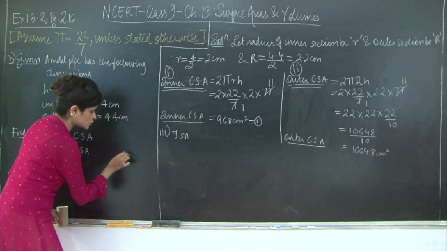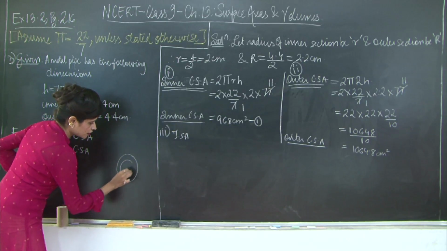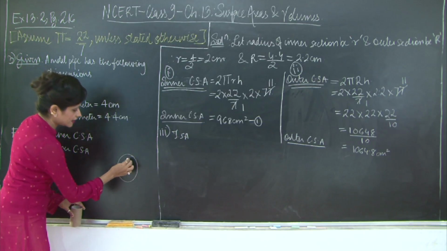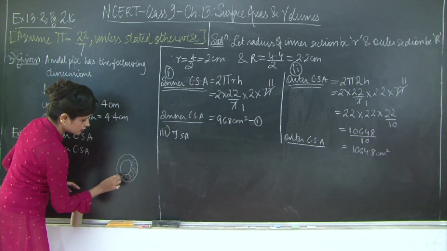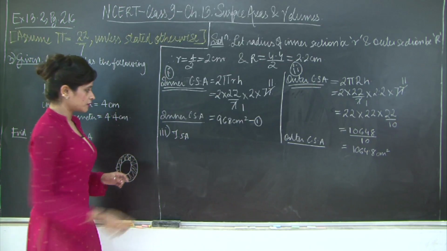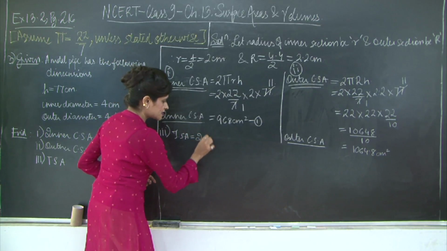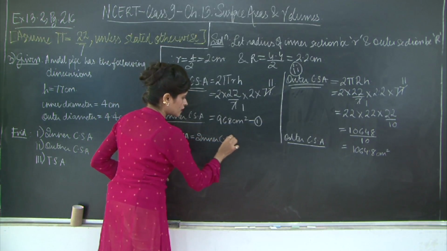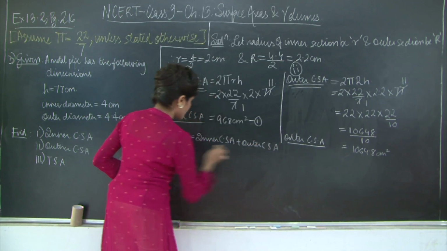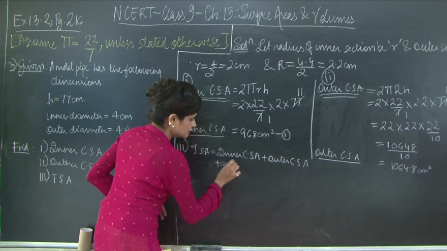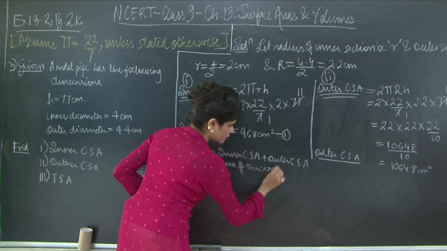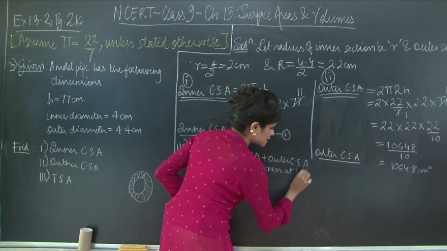So if this was supposed to be this view of your pipe, then this entire area you need to add up 2 times. Why? One for the base and one for the top. So total surface area is going to be inner CSA plus outer CSA plus area of thickness at top and base,